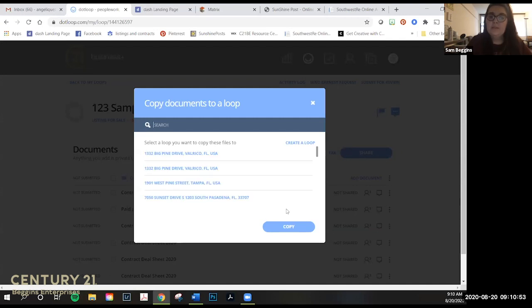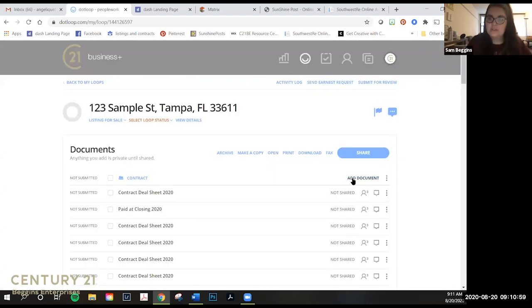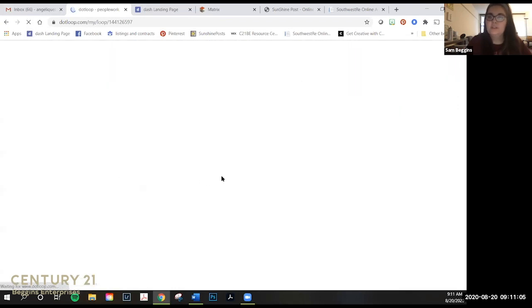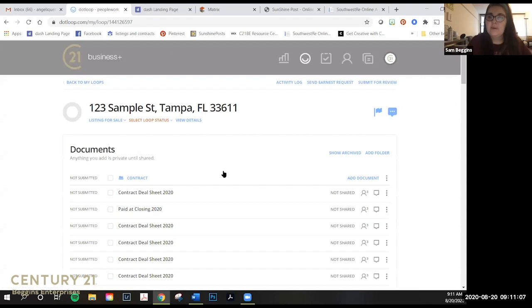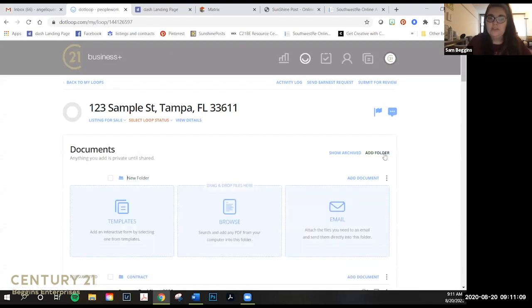And the important thing here is that you will already have to have a folder set up in your loop to transfer them to, because it'll ask which folder you want to put them in. So if you already in your loop that you're copying the docs to set up a blank folder, you'll be set. So that's what I do when I'm doing this on the listing side. Contract